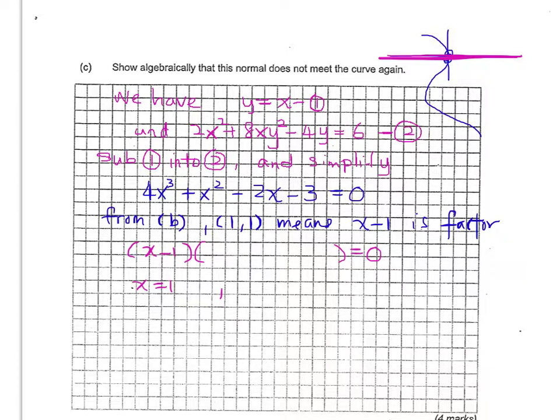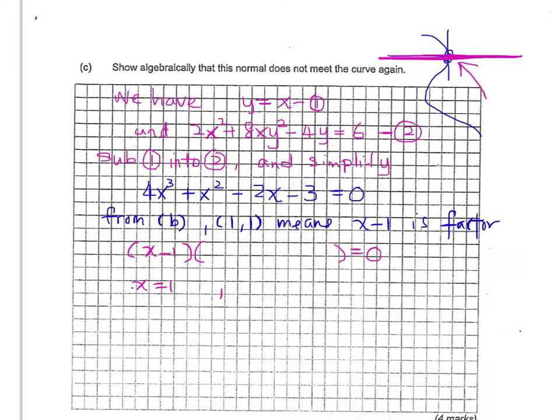And let's see how that goes. So you substitute that, you get a cubic. It can be tricky. However, from part B, it was given to you that (1, 1) is actually a point that it passed through, and in fact it is really the meeting point between the normal and the curve. So that implies that x equals 1 is a point that the curve and also the normal